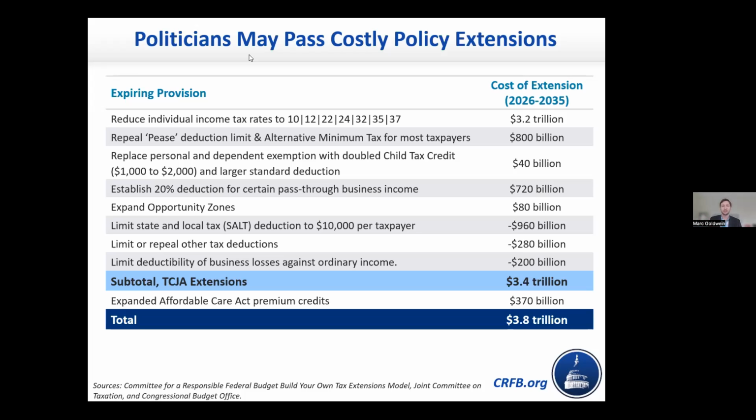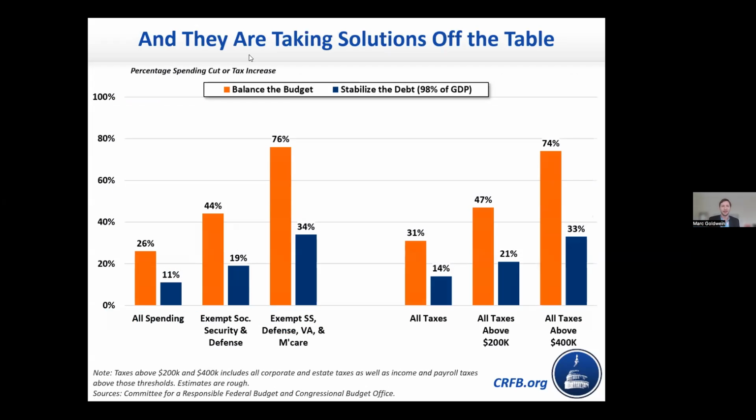So if you just did a straight extension, that's $4 trillion added to the debt. If we did sort of a modified extension for only people below $400,000, you're still probably adding $2 or $3 trillion to the debt. And if we do what I think the politicians maybe want to do, we could be talking about $5 trillion to the debt. So we do not have a political system, I think, right now that is ready to take on these challenges.